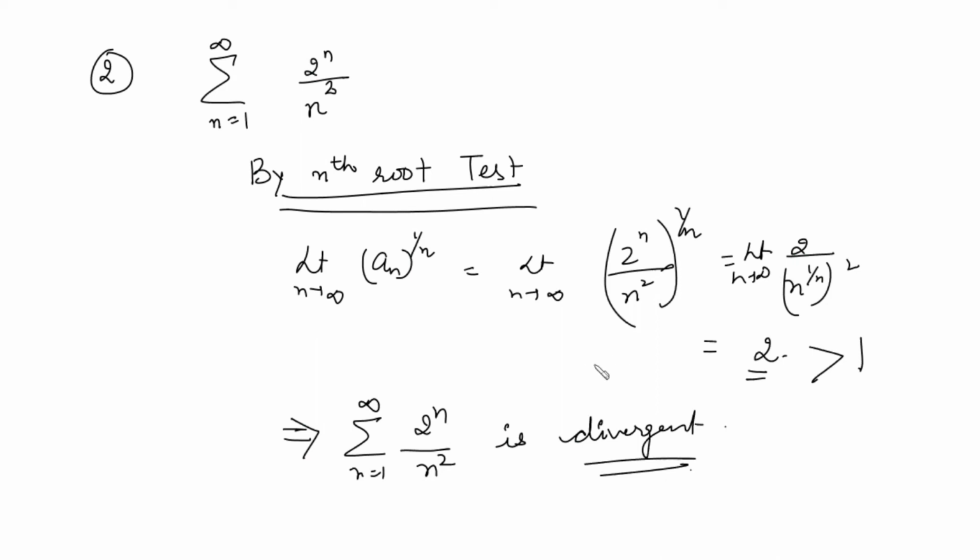So in this way we can apply the nth root test to check the behavior of a series with positive terms. We prefer this test whenever we have the nth term in the form of powers of n, so that after taking the nth root the powers will cancel out, right? So we will prefer this test in those cases. For example,